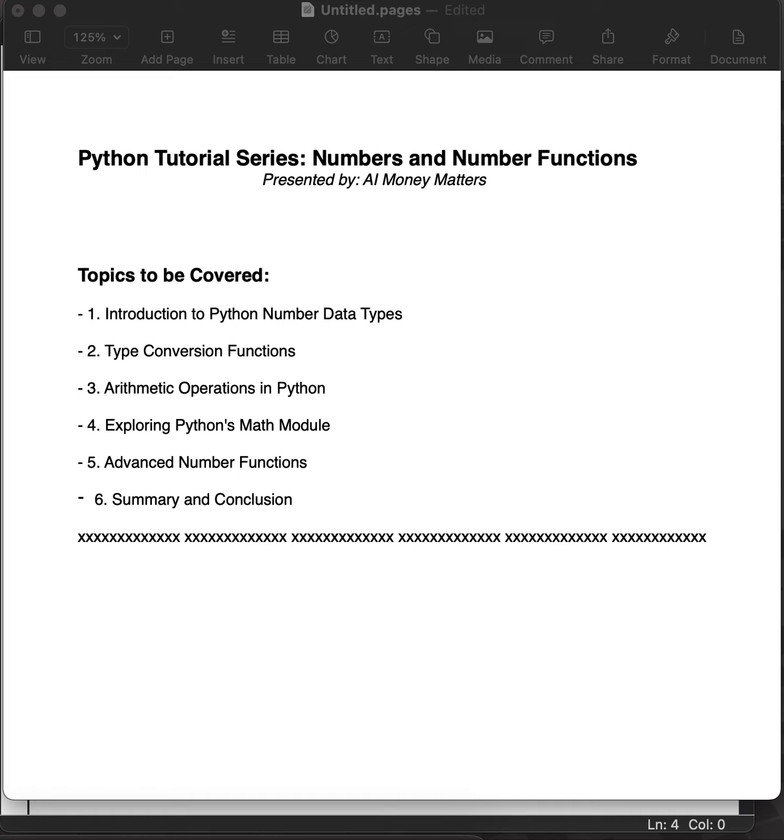I am displaying the topics that we will be covering today. We'll be starting with the introduction, type conversion functions, arithmetic operations, exploring Python's math module, advanced number functions. Then we'll go till the summary. And I'm assuming by the end of this video, you will have a solid understanding of Python numbers and types,